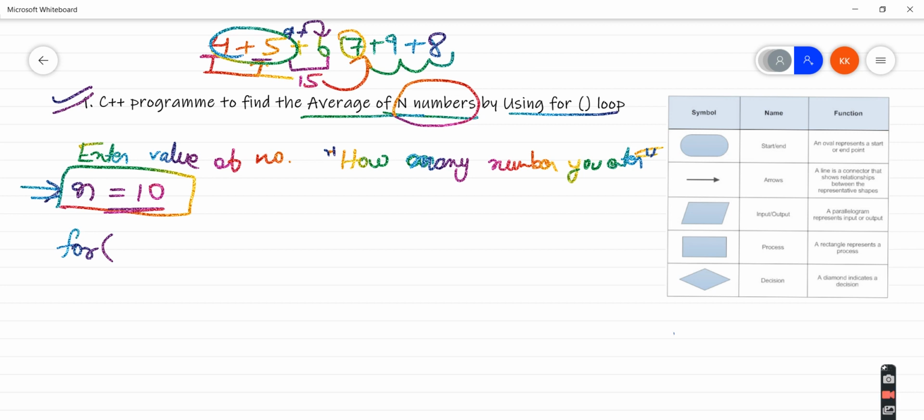So here I am going to declare a variable i, and i is going to be 1. Why 1? Because the user is going to enter some numbers. Let's suppose the user has chosen to enter 10 numbers. In that case I need to take the input from the user one by one.